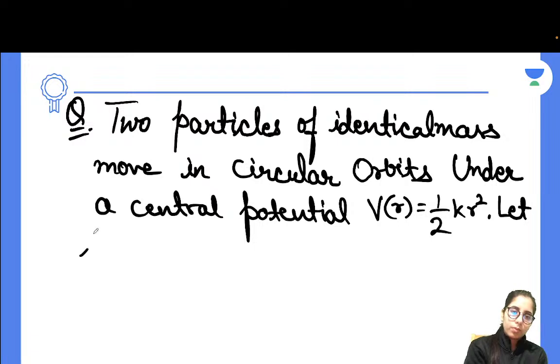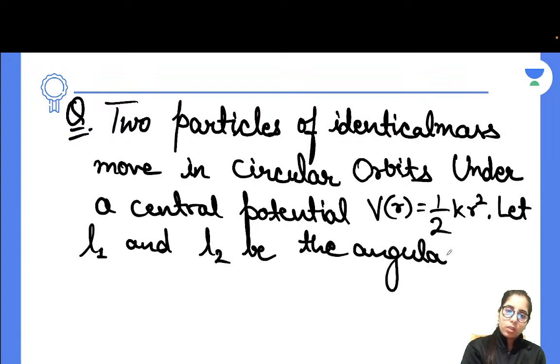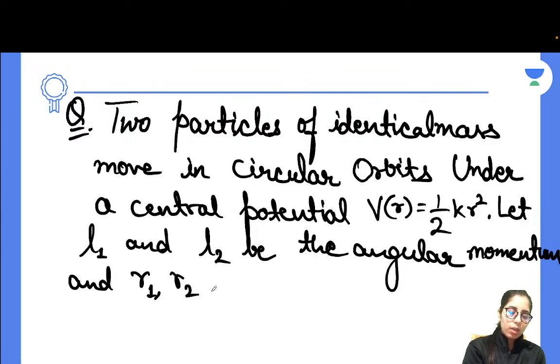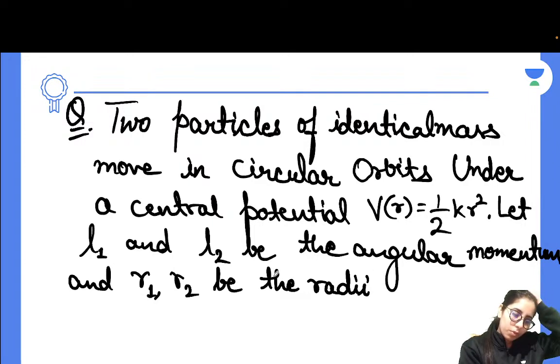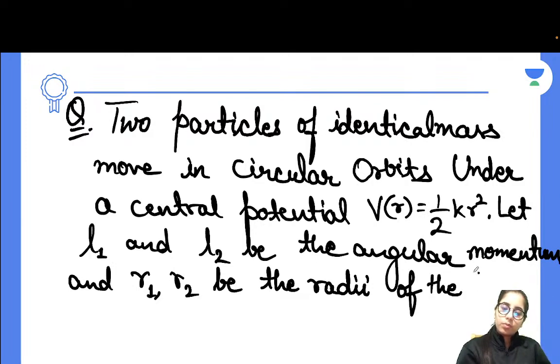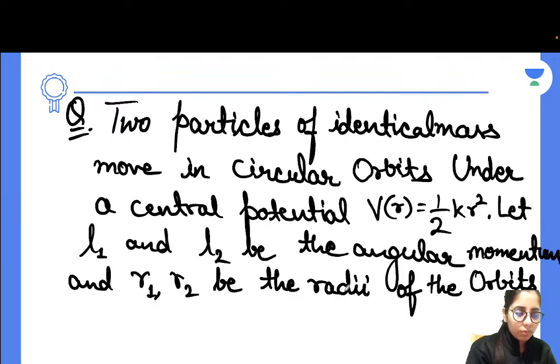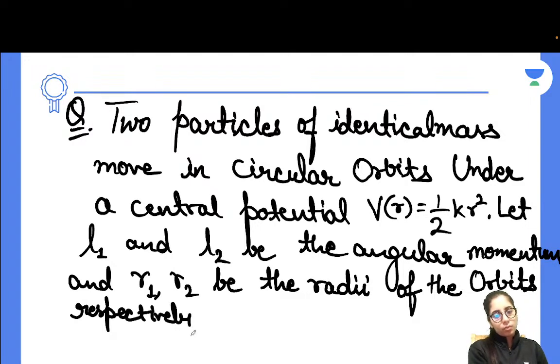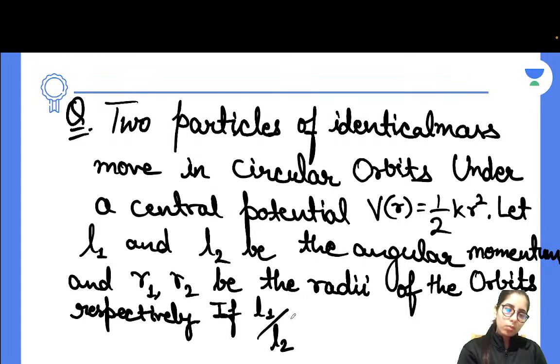Let L1 and L2 be the angular momentum and R1, R2 be the radii of the orbits respectively. If L1 divided by L2 is equal to 2, the value of R1 divided by R2 is